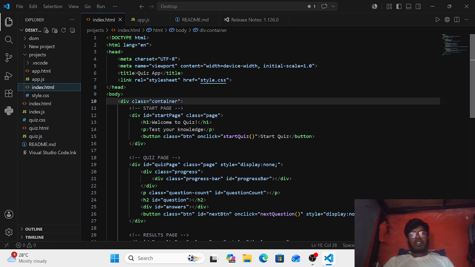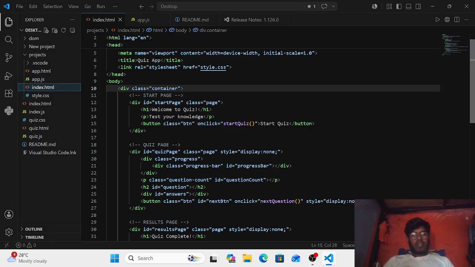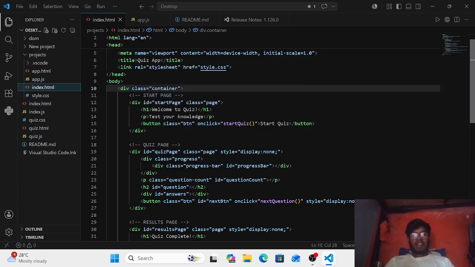You know that this is a boilerplate, and I give the title of my project, quiz app, and then we link the CSS, and we close the head tag. In the body section I will take a div and give the class container, and then we make a start page, and again we take a small div and give the ID start page and